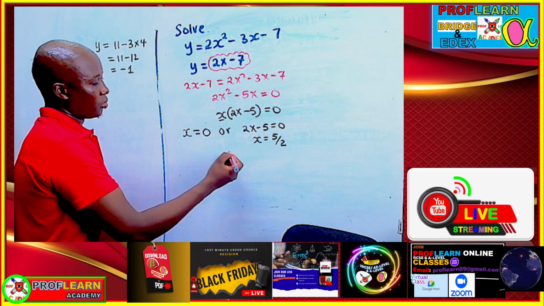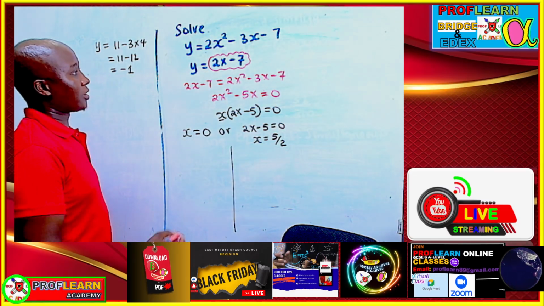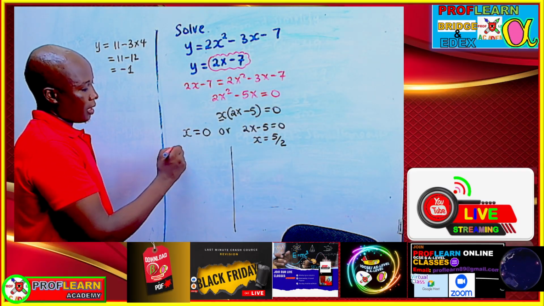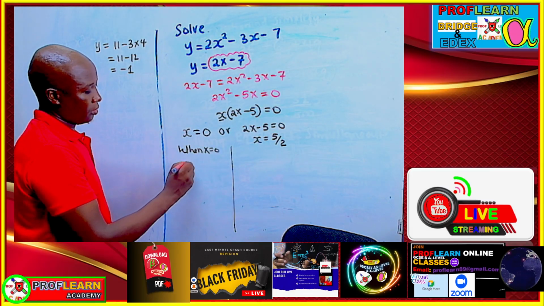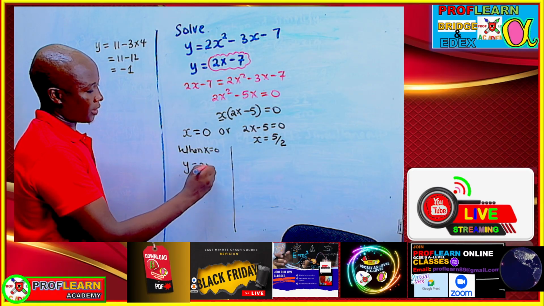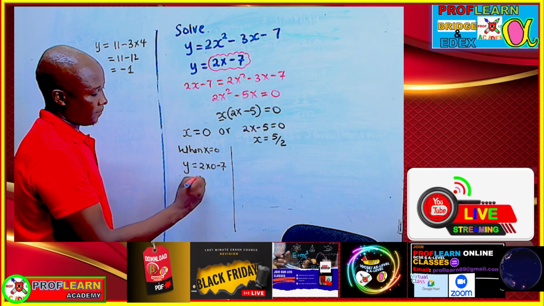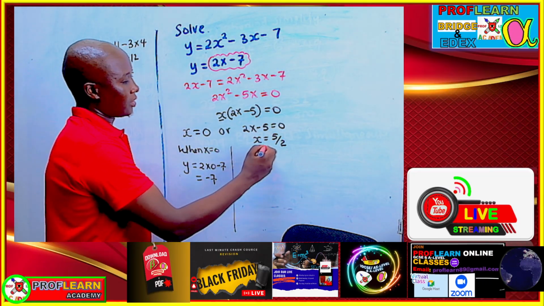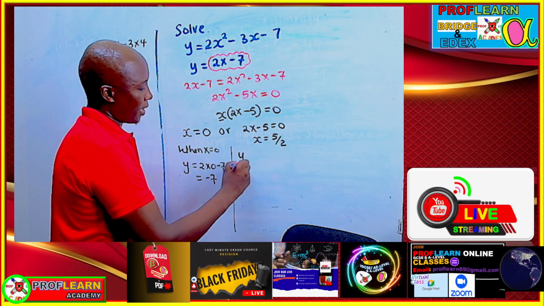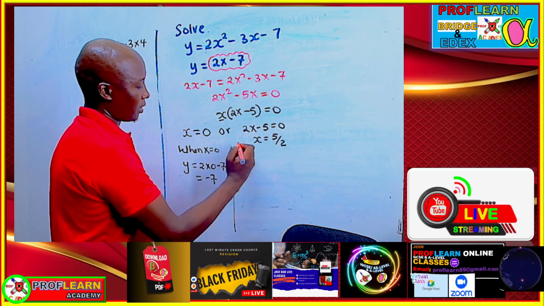But since we were finding simultaneous equations, we need to find the value of y. So we can say when x is equal to 0, y is going to be 2 times 0 minus 7, and that is going to be negative 7. And when x is equal to 5 over 2, y is equal to, so you can say